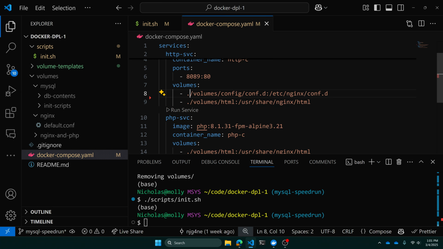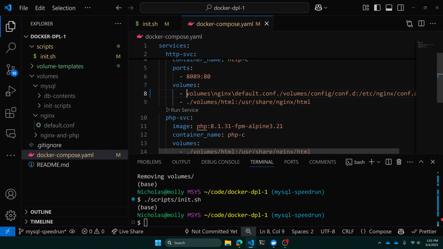But we're not doing that, so we could just do the volumes. Let's just copy the entire path there, copy relative path, and I'll go right there with that. So volumes/nginx/default.conf is going to go to /etc/nginx/conf.d/default.conf,